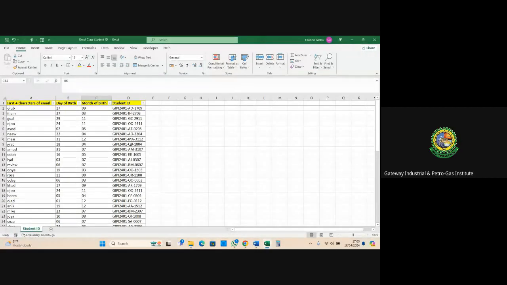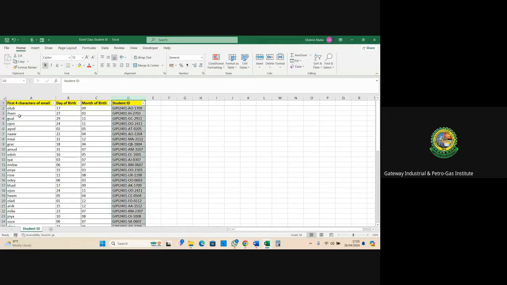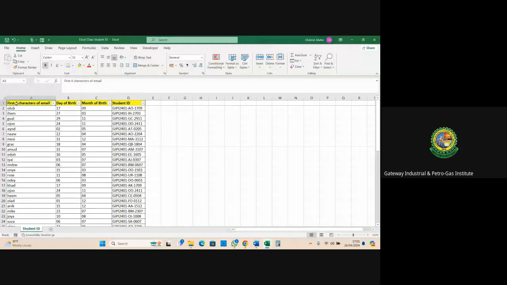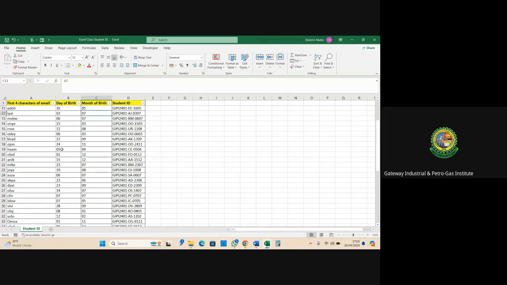All right. So from the data we collected from you guys, the one submitted, when I wanted to generate your staff ID and your student ID, I did not enter anything manually. All these staff IDs, everything you see here, I used formula to return them very fast. Within 3 minutes, I was done with everything, and that's why you use some of these functions. For example, when I wanted to extract the first 4 characters from your email addresses, I simply used the left function. I wanted to extract your date of birth from the data you submitted, I simply used the